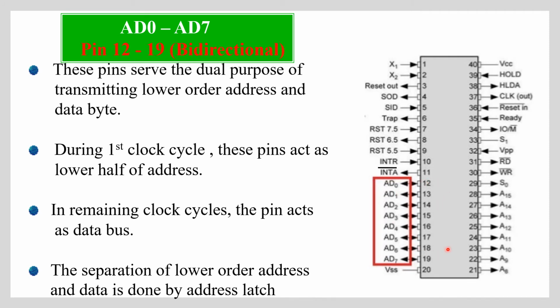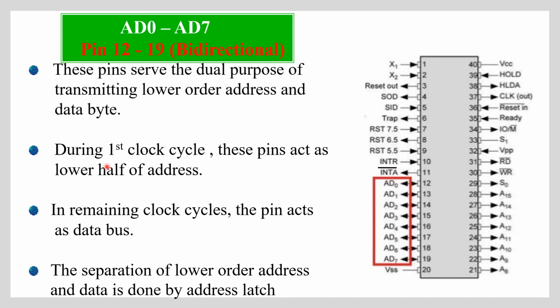These pins provide a dual function: the address from A0 to A7 and the data from D0 to D7 is transmitted and received. Clear? Now when to transmit the address and when to transmit the data? How is it done? Because the address is in zeros and ones and data is also in zeros and ones, how will the microprocessor or the peripheral understand which is data and which is the address?